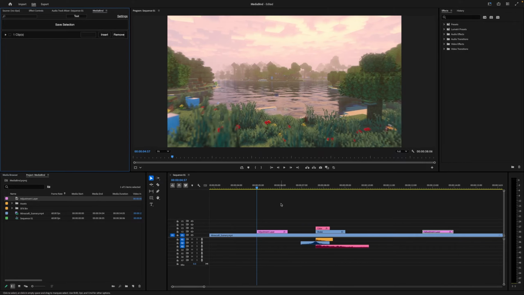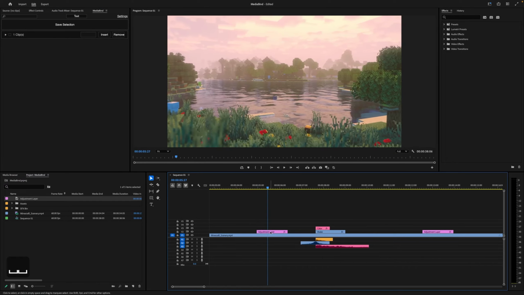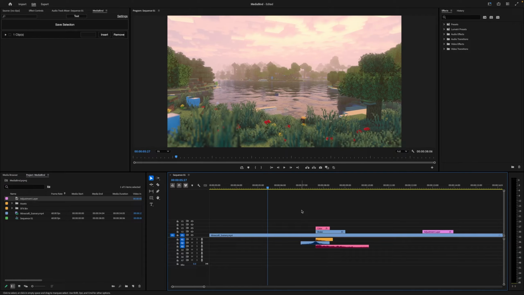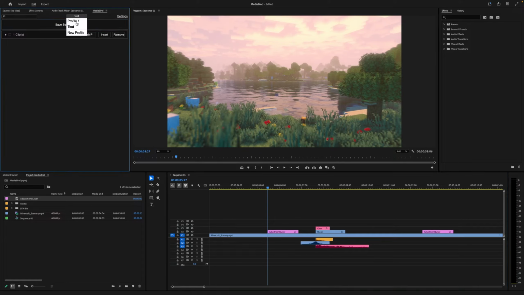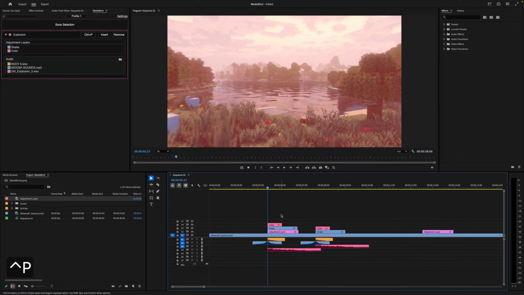I can go ahead and insert this. It's just the same old zoom that I just made. And what's neat is because this profile is completely independent of the first one, I can go ahead and assign the same keybind I did for the first one, Control P. And if I press Control P, it's only going to insert the brand new clip I just made. If I go ahead and switch over to the first profile and press Control P, you'll see all of that